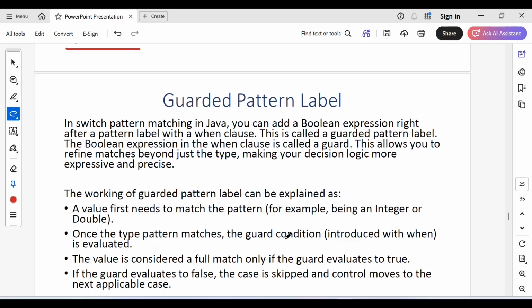Then there is also one more thing which is known as guarded pattern label. Now you can add a Boolean expression within your switch case, which was not possible. In switch statement, you could only use constant values, nothing else. No conditions. Now it is possible to use a condition also using when, where this when clause is called a